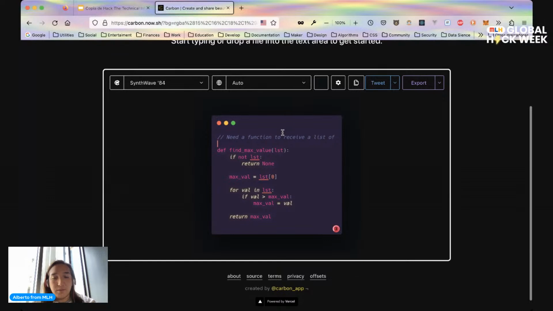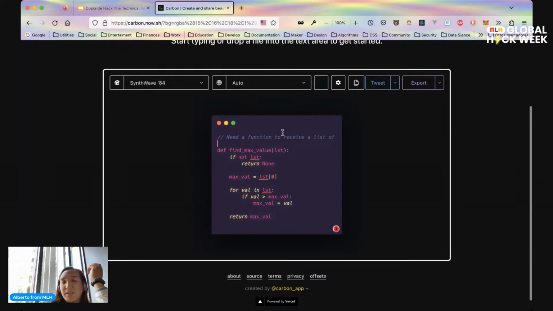This is my refactor because I thought, hey, what if I get no list? The constraints didn't say I could receive an empty list or not a list. So I could protect myself from that error just going here. If no list, return none. And set a max value through the first value of the list, and then for every